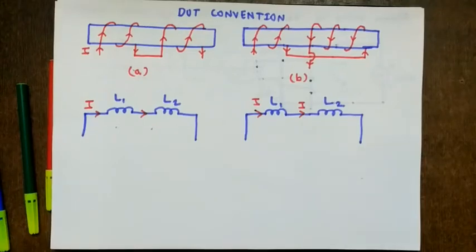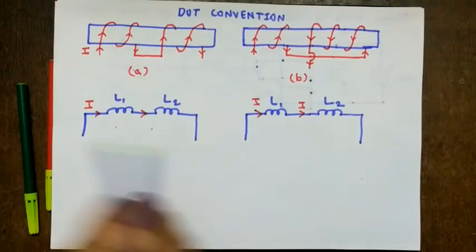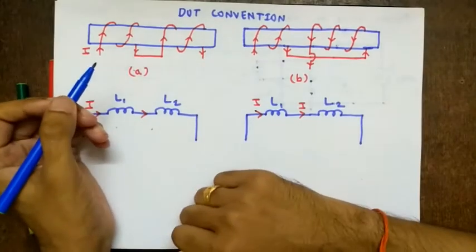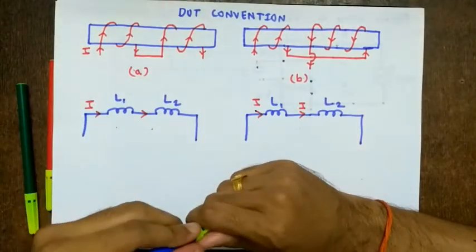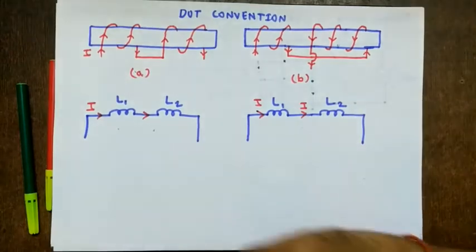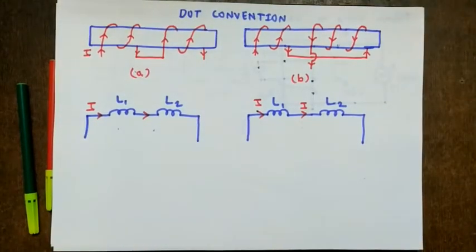So we are done with DC sources. What we have studied there, I'll just recapitulate. We started with Kirchhoff's voltage law and Kirchhoff's current law, KVL and KCL. Then we studied mesh analysis and node analysis. Then we studied super mesh and super node analysis. Then we covered all the same topics again using dependent sources. Initially we had studied using independent sources.